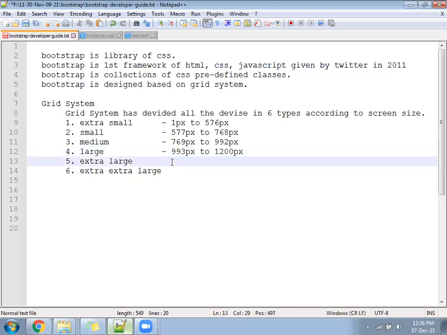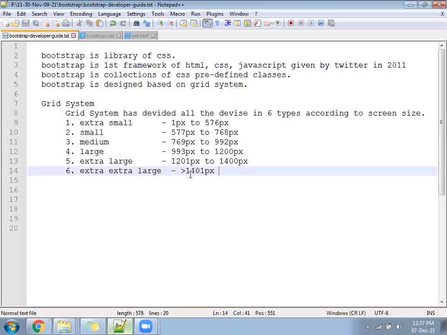Okay. After that, 1201 px to 1400 is called extra large, and after that greater than 1401 px is called double extra large.